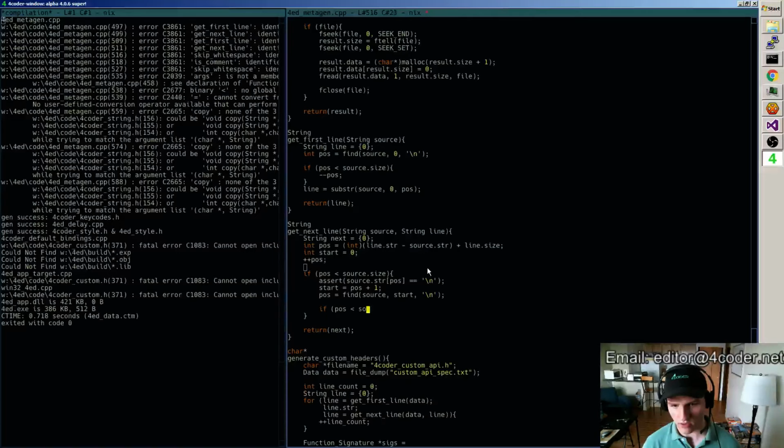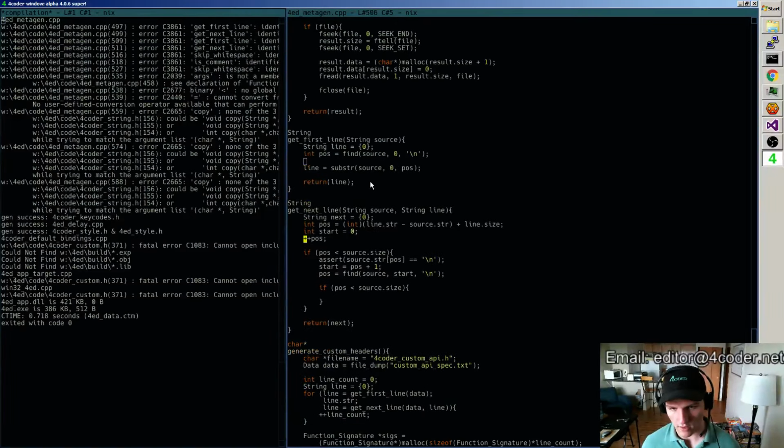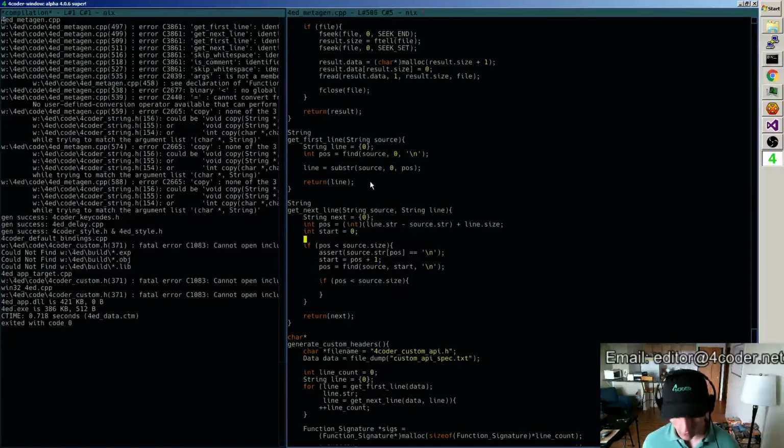If the position is actually less than the source, oh wait, no, I'm doing this wrong. If I find the character where the new line exists, I don't need to subtract 1 anyway, right? So if I get the position where we are, I don't need to add one either, I don't think. If position is less than the source size, we haven't gone to the end yet, then